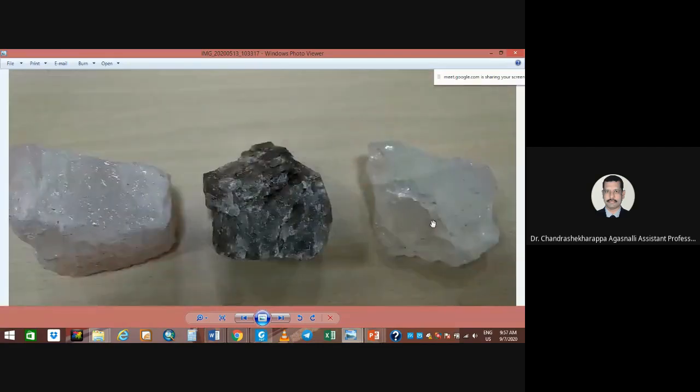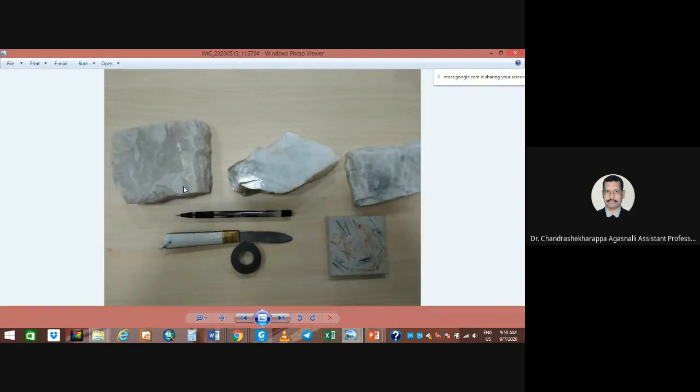It's just like a white, transparent 100%. These are all useful for manufacturing of glasses. Okay, it's very important, and these are all the feldspar group of minerals. Generally we use these minerals, microcline, orthoclase, plagioclase. These three minerals are useful for manufacturing of ceramic and sanitary products,